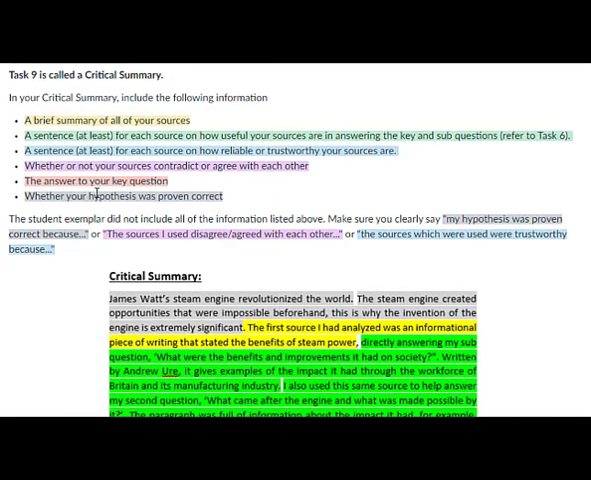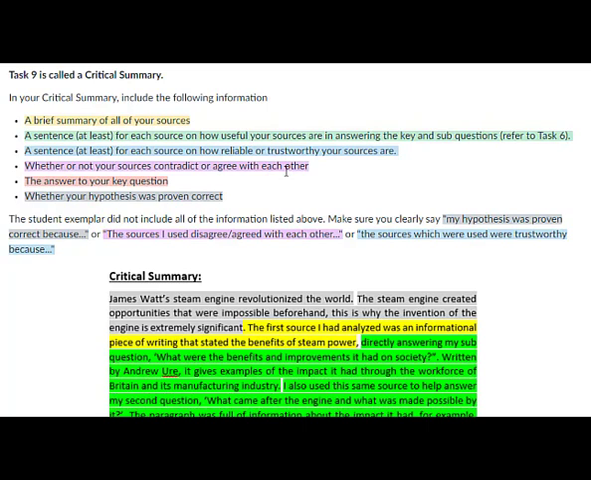And the last bit in grey, make sure you state if your hypothesis was proven correct. So my hypothesis was proven correct because, and then explain why it was. So there's 6 things you've got to include in your critical summary. There's a video down the bottom to help you with reliability and trustworthiness, but that is all the information that